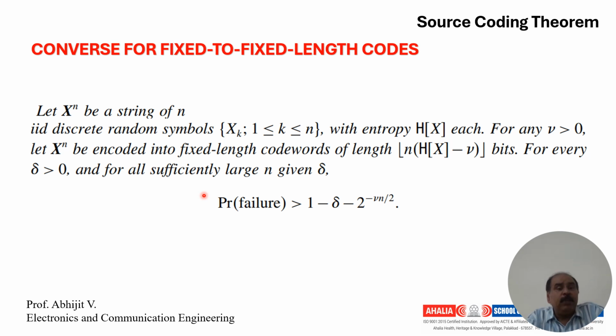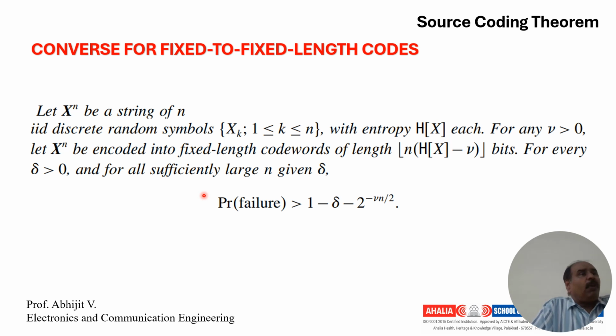In the previous theorem, fixed to fixed length codes, we have studied that there is an average code word length L which is in between the entropy and entropy plus an arbitrary constant. In the converse theorem, what we are going to do is convert a string of X raised to n into a code word, and to what extent we can compress this, what is the maximum we can do on that? Okay. So the entropy H(X), for any value of nu, which is greater than 0, that is any positive value,